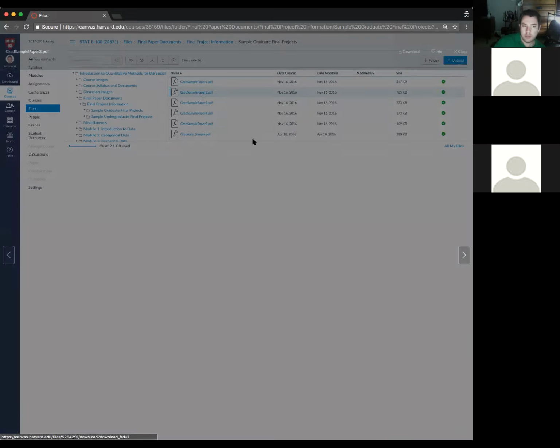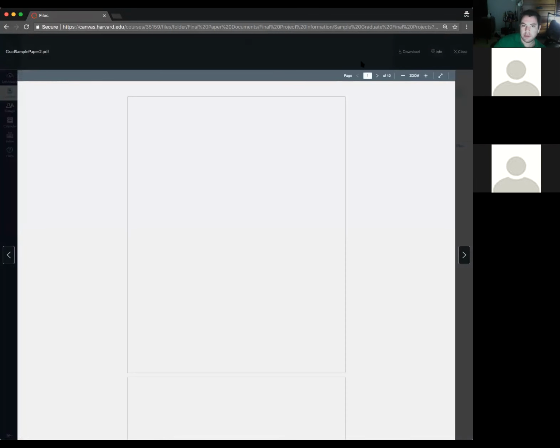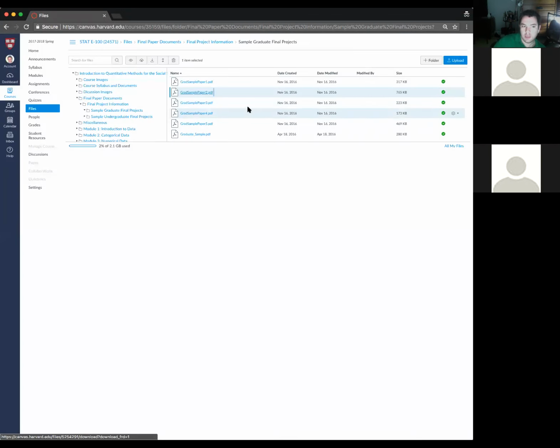And so you can look through all these different papers, and since the project will be due next week, I think it's definitely a good time to start. You definitely want to start finding your project, finding your data set, thinking about your research question, and there's plenty of resources on the discussion forum as well, both to ask questions or to get guidance on the final project. So if you go to the discussion forums,